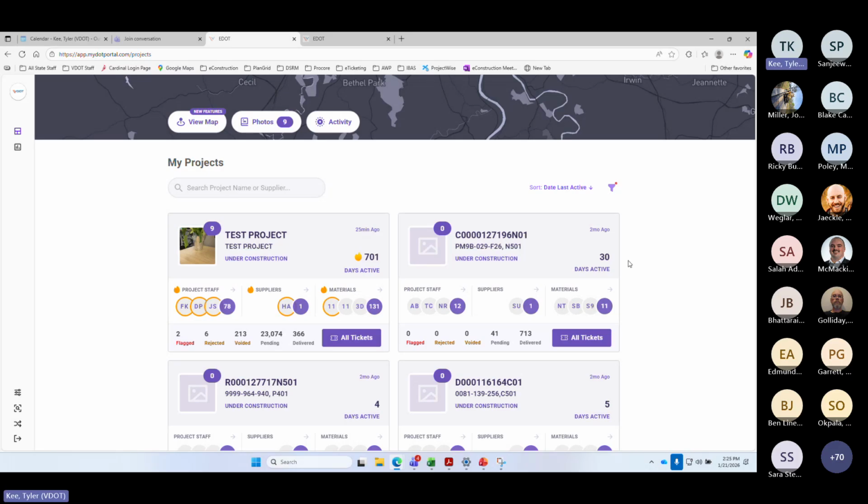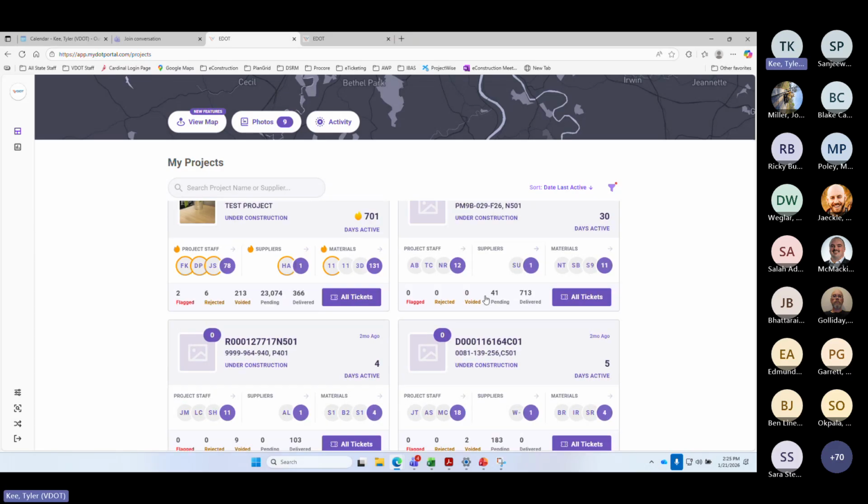I'll go ahead and note, you can see a couple projects on here aren't scheduled projects. So with that special provision of 130 where it's optional, projects can request e-ticketing for aggregate and concrete materials that are delivered on projects. If they'd like to take part in, not really a pilot yet, but if they'd like to just try it out on their projects, as you can see, the more you use this